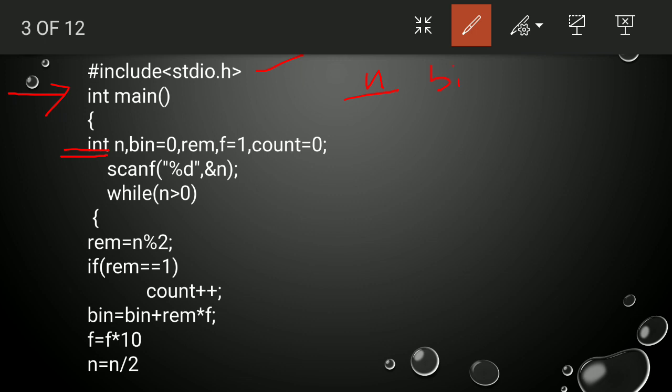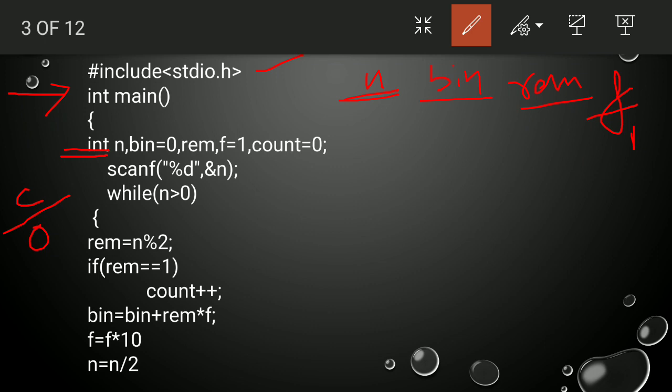This bin will hold the binary value of this particular decimal number. Then we take one variable, remainder, another variable f, which is equal to 1, and another variable count, which is equal to 0. Count will count the number of ones in the binary.